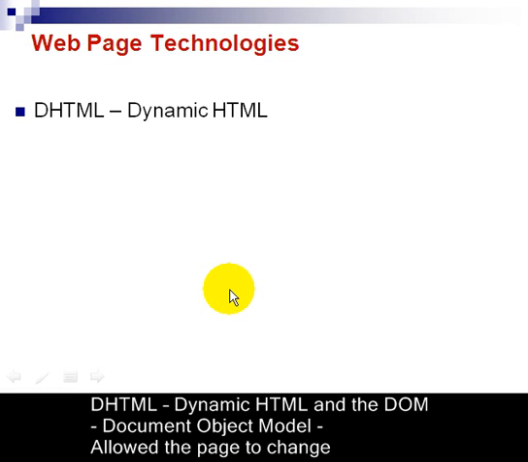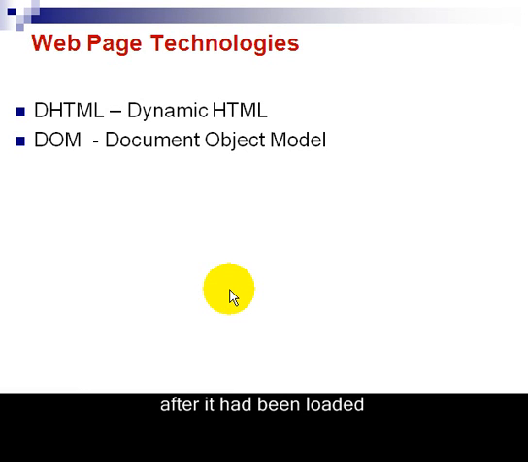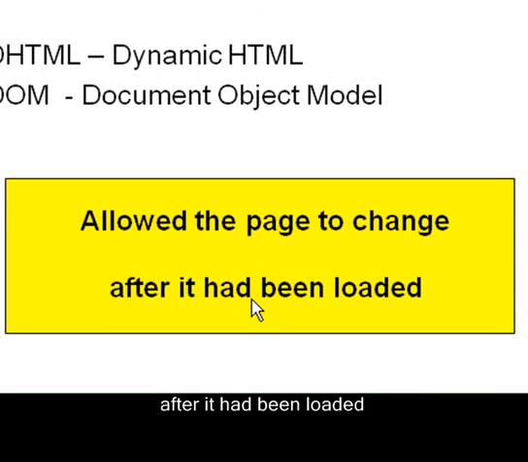Dynamic HTML or DHTML and the document object model are two other technologies that work with the HTML document, CSS, and JavaScript, which allowed the